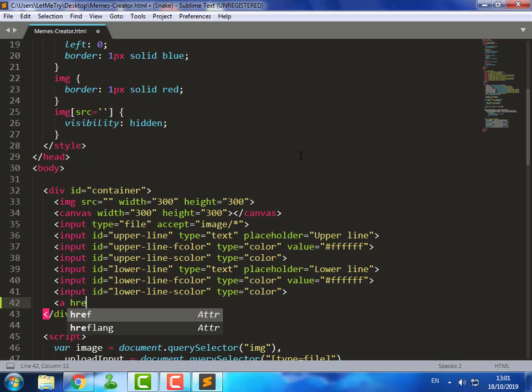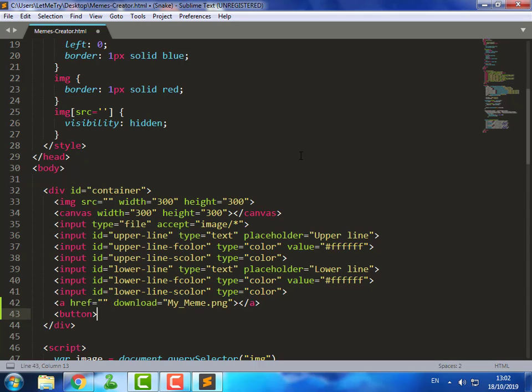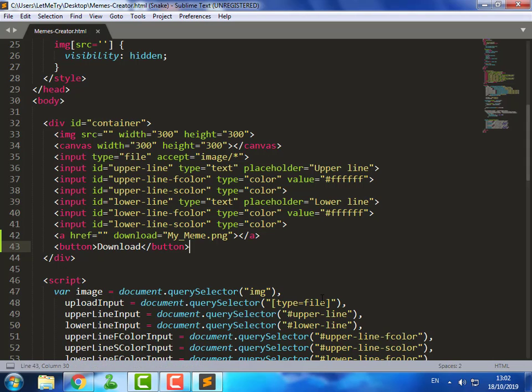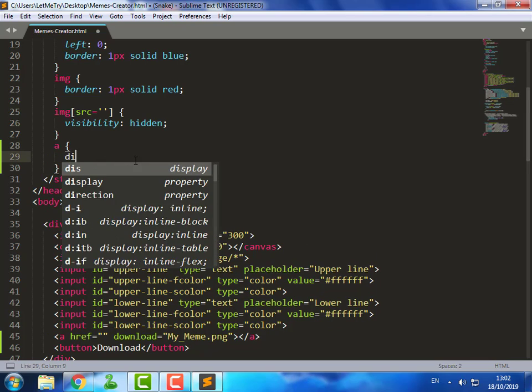Add an A element and a button for downloading the image with the name mymeme.png. Hide the A element.